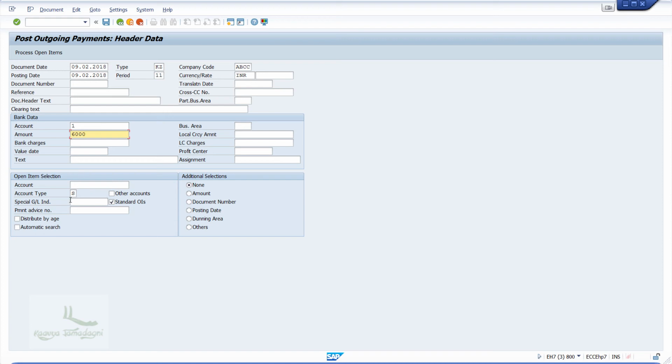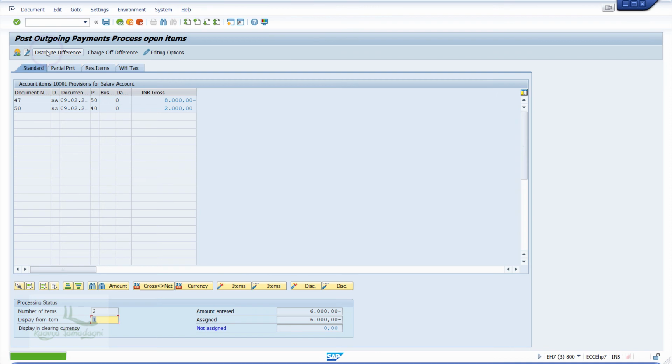Enter the account number which is open. In our case, it is the provisional salary account. Now, click on the Process Open Items button. Here, if you observe, you can see the 2 entries. That means the amount 8000 in credit as original document and the recent debit of 2000 below it.